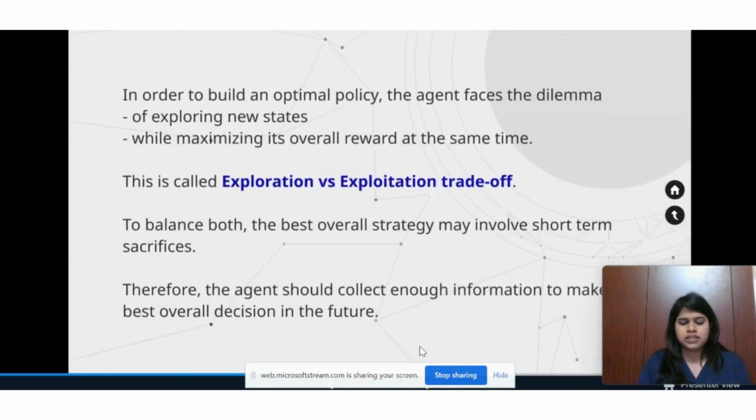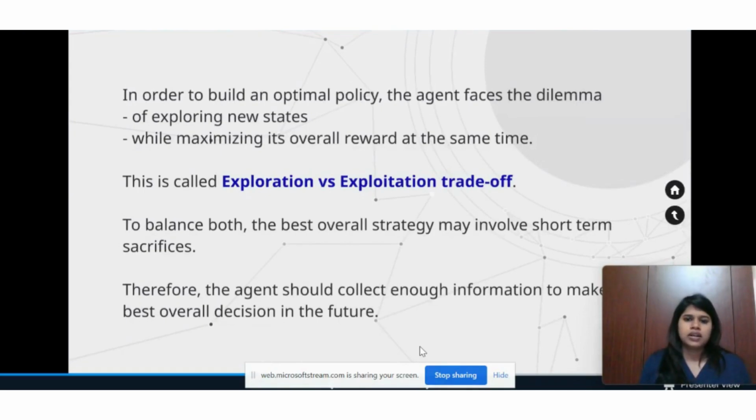There is something called exploration and exploitation in reinforcement learning. In order to build an optimal policy to make the agent decide where to go and where not to go, the agent has to face a dilemma: it has to explore all the possible scenarios in that particular environment, while it also has to maximize the reward that it's going to get. To balance both, it has to explore and exploit at the same time. But the thing is, it cannot do both at the same time. So that's why